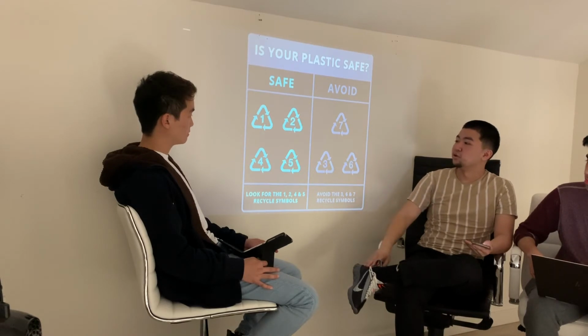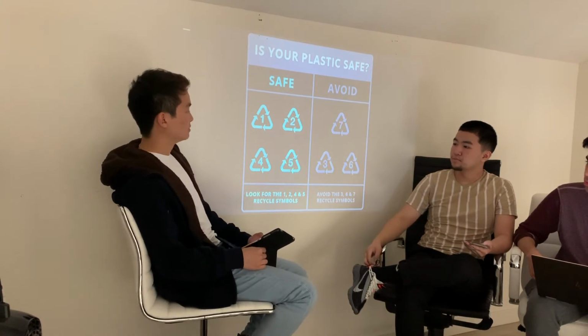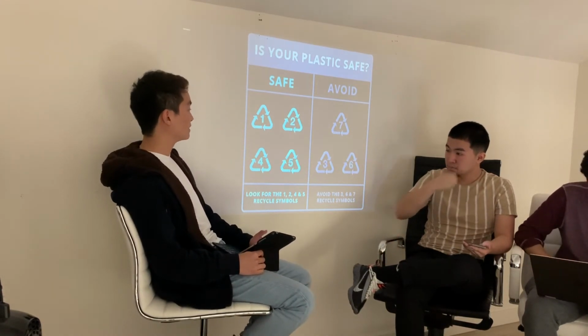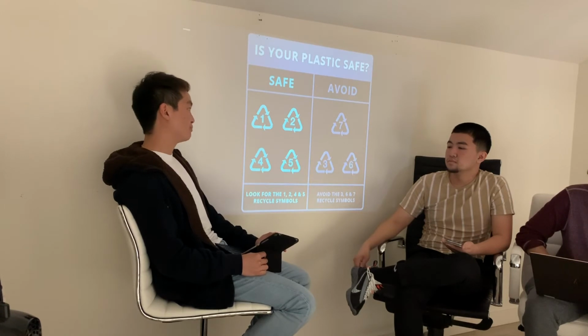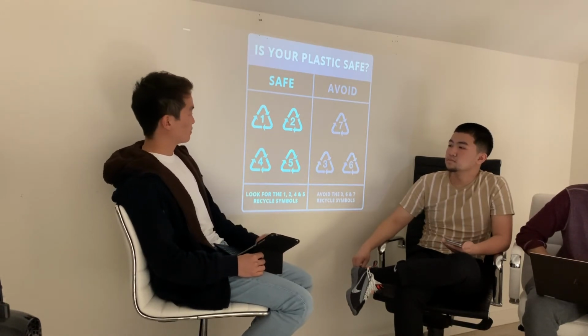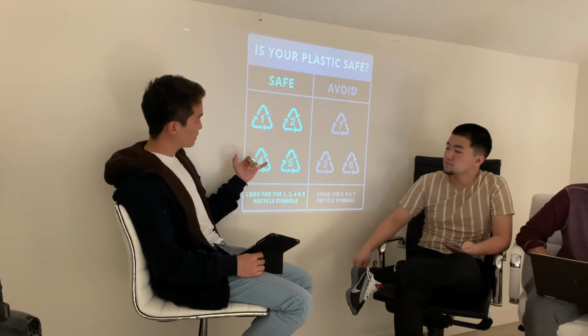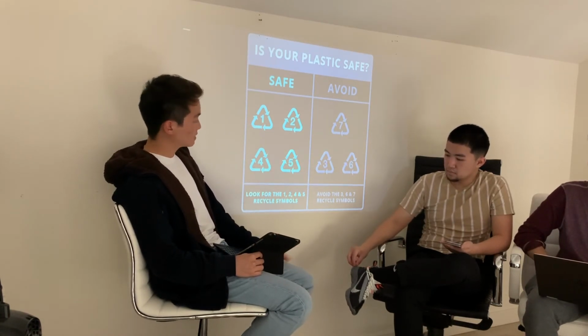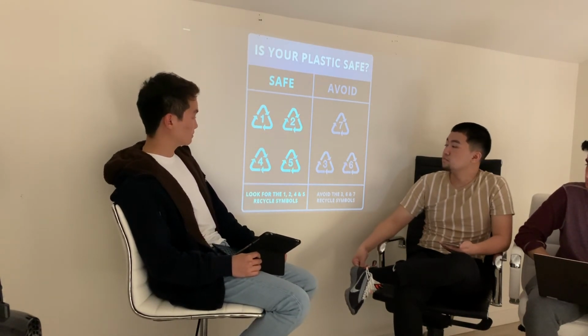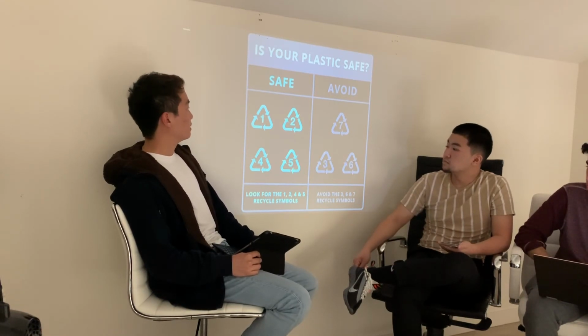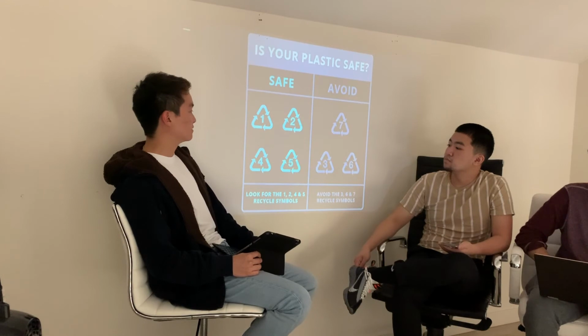So what are your ideas for how we could be safer from BPA? Well, raising awareness of the possible effects BPA can have on our body and having more funding for research is going to do a great deal in changing public opinion and educating people on how to have access to better products. For instance, if you look at the recycle symbol, 1, 2, 4, and 5 have BPA-free products, whereas 7, 3, and 6 have the potential for BPA to be in those products. So it's important to let the public know what they should avoid and what should be safe.